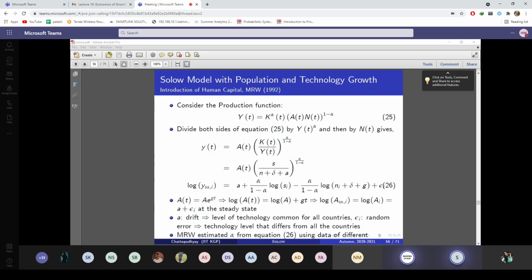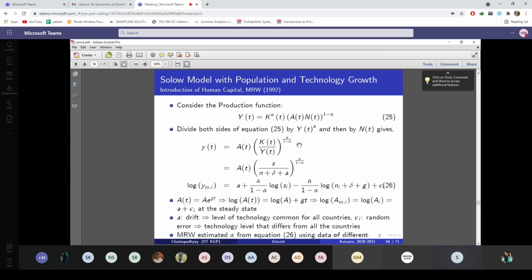This particular equation is pretty easy. It's again the same Solow model. You are saving some fraction s of your entire income. So you solve the fundamental equation: k dot equals s multiplied by small k_t to the power alpha, minus n plus delta plus g multiplied by k_t. That's the fundamental equation. Solve it at the steady state. You get the per capita capital stock at the steady state. Substitute that in the production function.